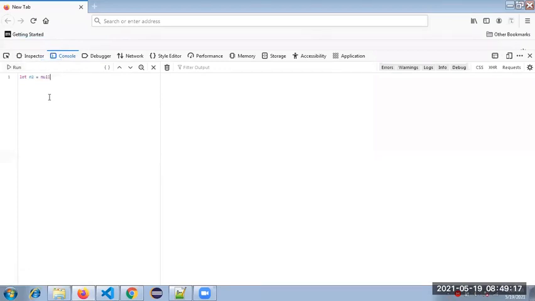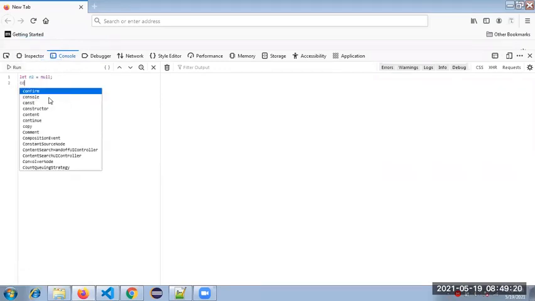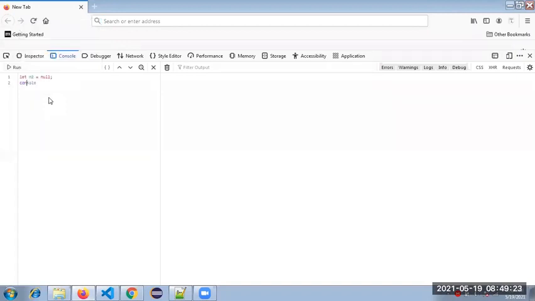Let n2 be equal to null. So see here, it's giving the assignment we have as null. Even so, we try to see how the engine recognizes it.